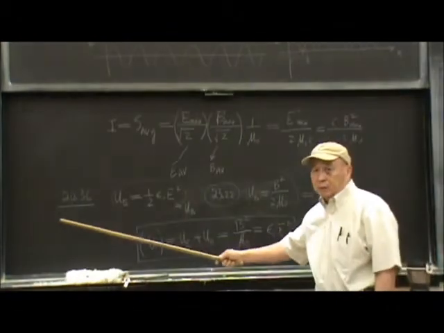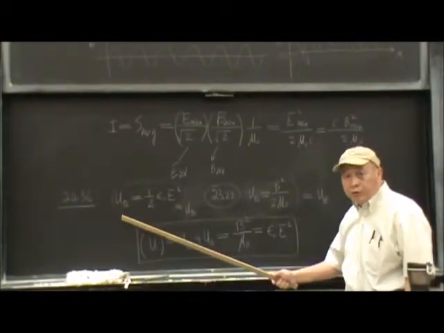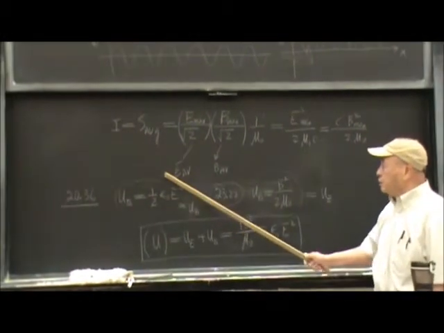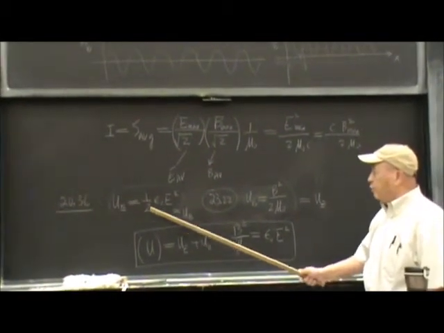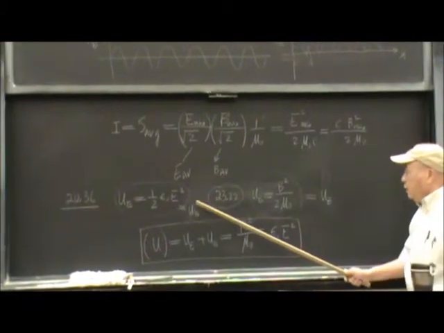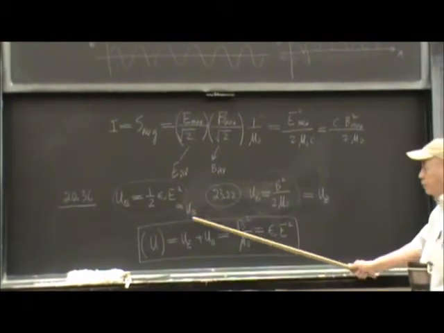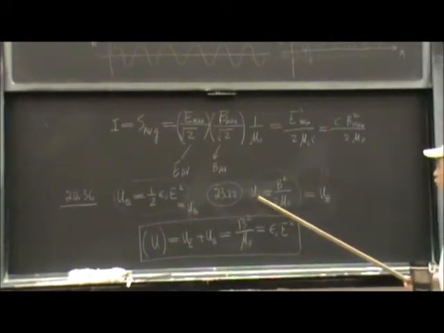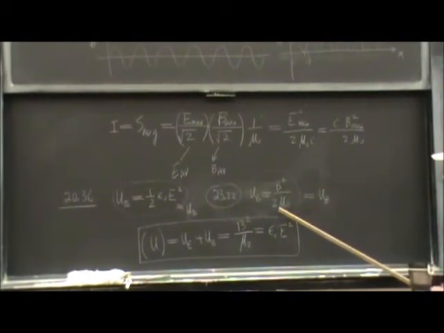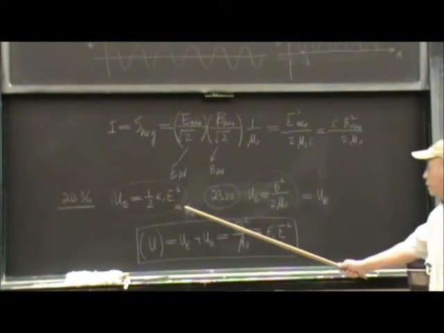From the previous chapter, chapter 20, we have the electrical field energy oscillating equal to 1/2 epsilon sub 0 E squared. That basically equals U sub B, which we now call the magnetic field energy. So U sub B equals B squared divided by 2 mu sub 0, and basically